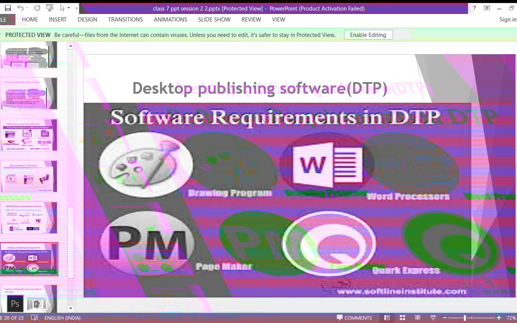In this, we are using Adobe Reader and QuarkXPress. For what purpose are we using this desktop publishing software? Because in this software, we are designing books and journals. As you know already, after writing the papers, we take the photos and make a PDF of that. So it is like a book only.